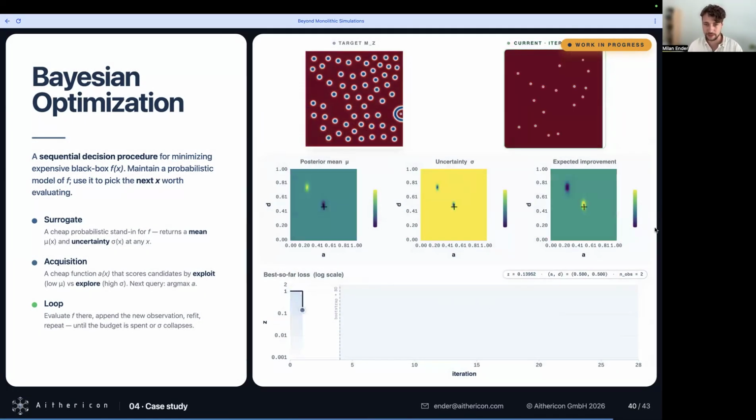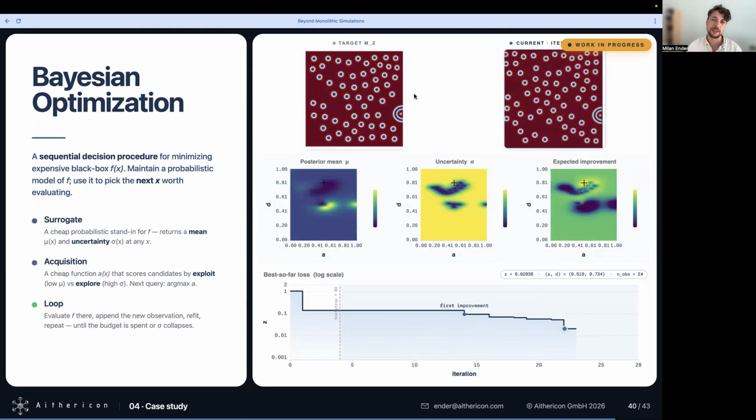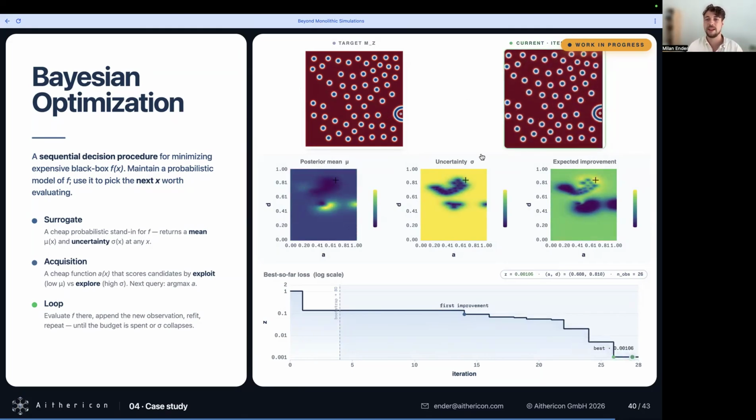And yeah, here we did some micromagnetic simulations, without going too much into detail. We can see at the top a given magnetization configuration, here some skyrmions. Then we have two parameters that we allow to vary, and over time our system converges. Now here you see basically the view of the surrogate. We have some kind of measure for the uncertainty, and then we have our acquisition function that tells us where the next point might lie. That gives us a good expected improvement of our reward function, basically.